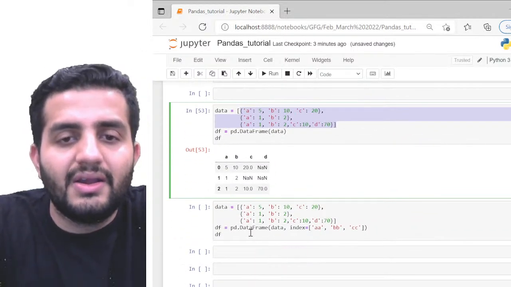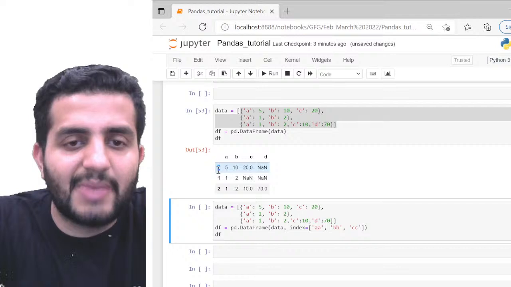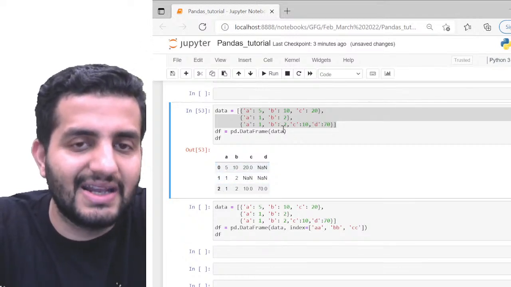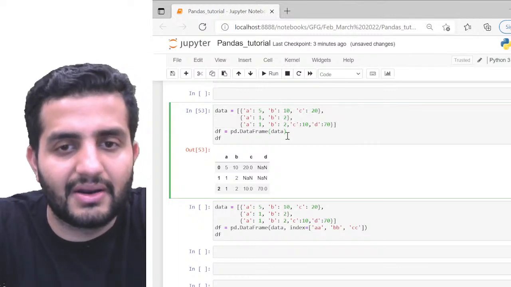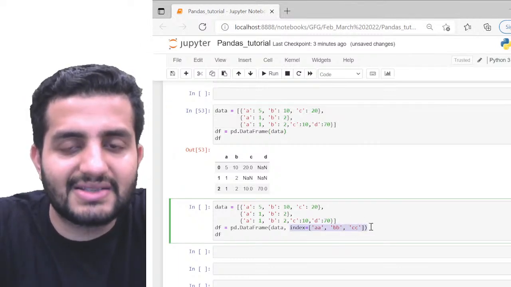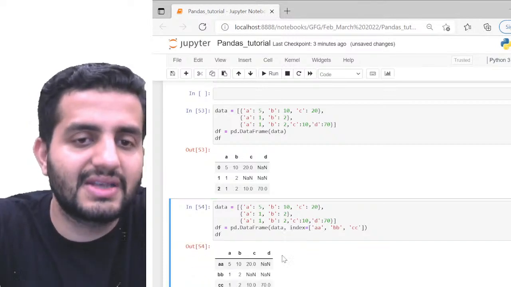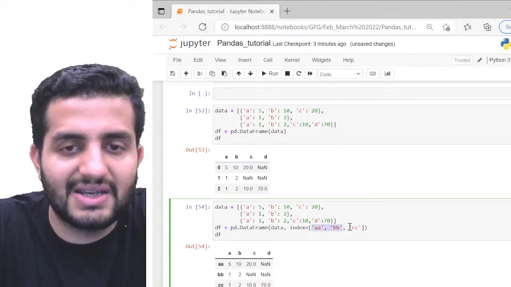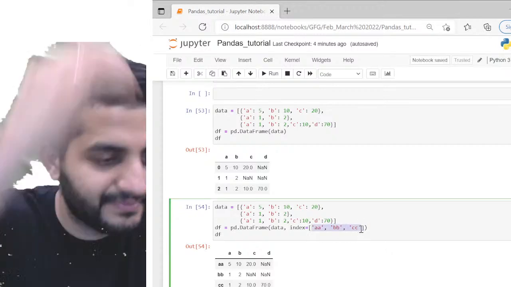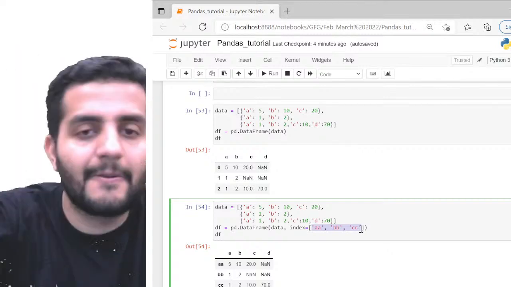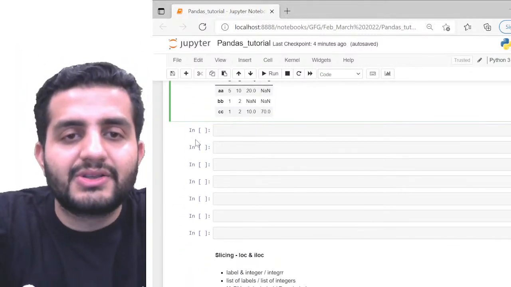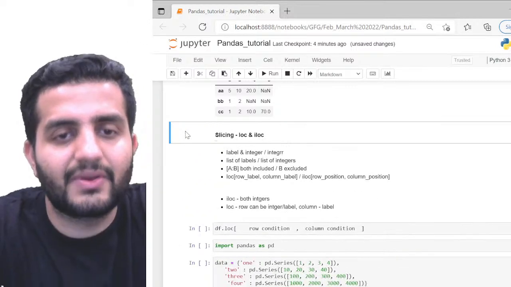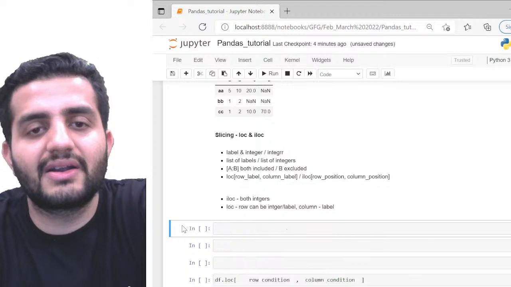Okay, so again, you can see that by default we have 0, 1 and 2 as my indexing, right? Because we're not passing any index here, we're just using the data argument. But as you know, we can also pass the indexes, so we can pretty much use them. So now in this case my indexes will become AA, BB and CC, right? This is what I'm passing, the index as AA, BB and CC. Cool, makes sense? So this is pretty much the topic of how to create the data frame.